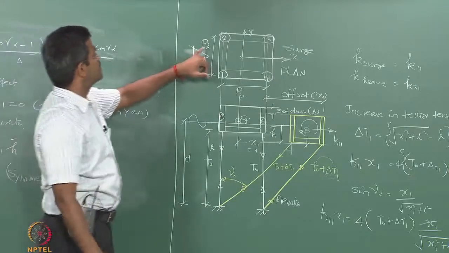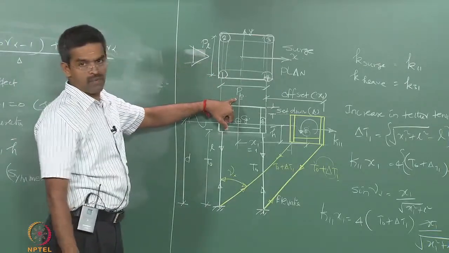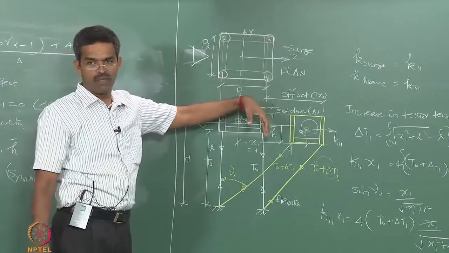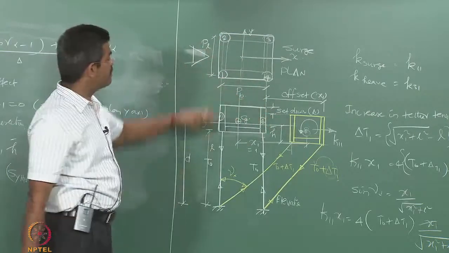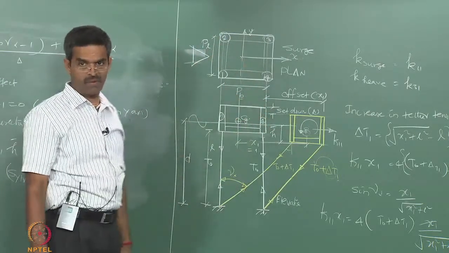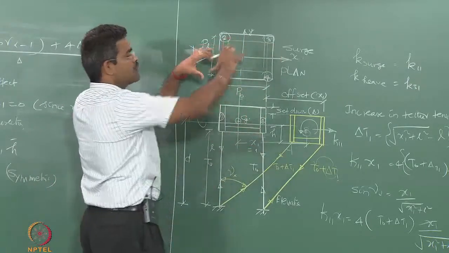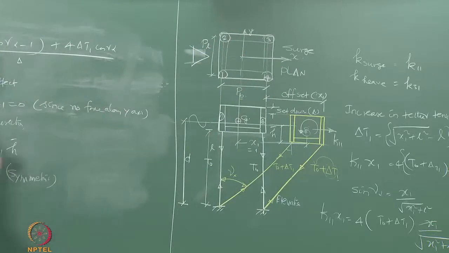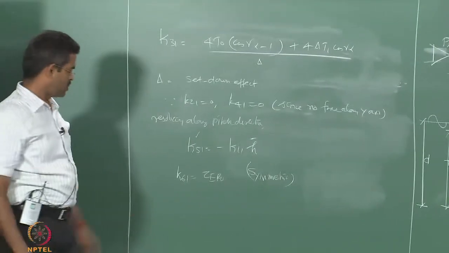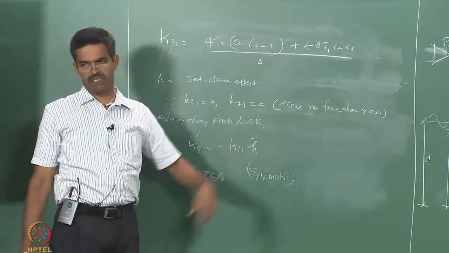I have taken a dimension of PL and PB knowingly, but let us assume it is a square platform, they will have a symmetry. Even if it is rectangular, they will be symmetrically placed otherwise also. The diameters are same, pontoon dimensions are same, therefore, there is absolute symmetry in geometry, the platform will not yaw. So, K61 is 0 for a given x1 displacement.